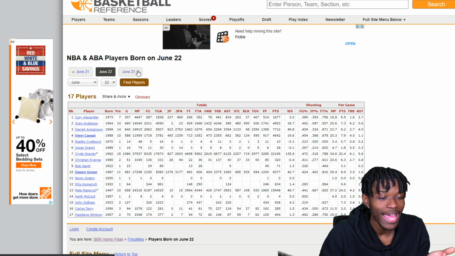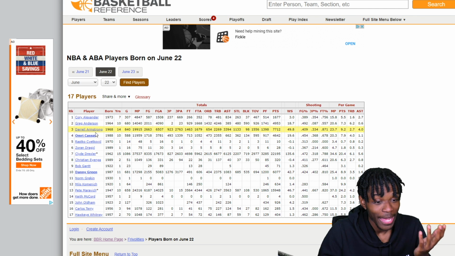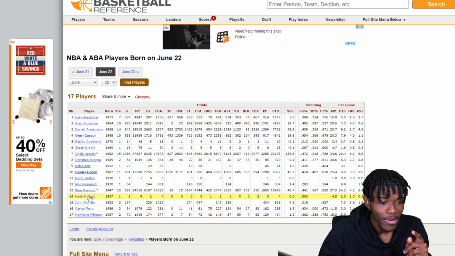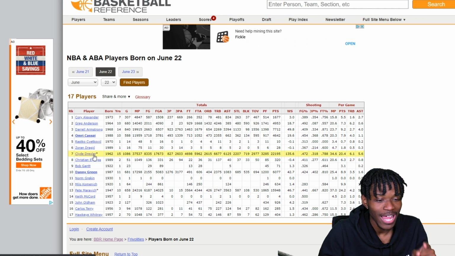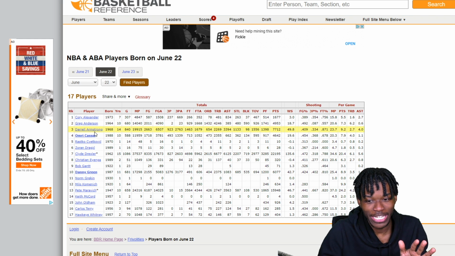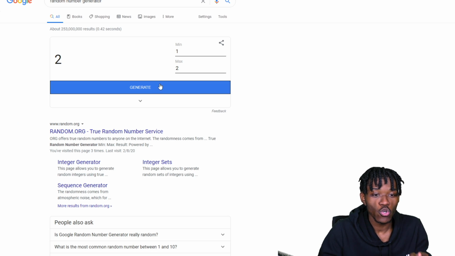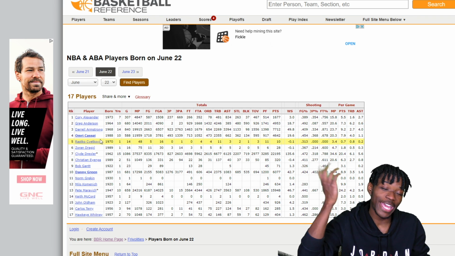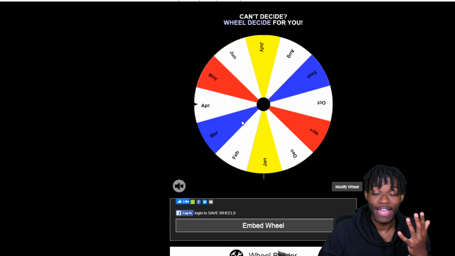Either way, we got two different players, Omri Casspi and Danny Green. Honestly, I don't even know what the last team Omri Casspi played for, but it is what it is. We got some legends here like Pete Maravich, Clyde Drexler. Darrell Armstrong's not a legend by any means, but he had a long NBA career. So we hit it and we get the first player, which in this case is Omri Casspi, kind of an L. Spin 5. At least we got a wing player, right?